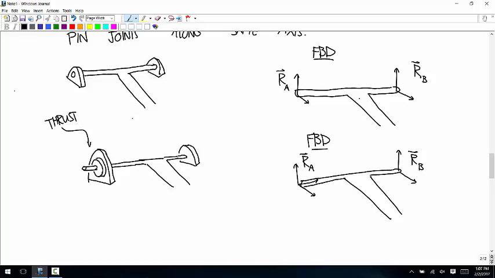Okay, so this is the one I showed you before. There's no thrust there. That's free to slide, so there's no thrust at either one of these pins. At both pins, it allows this axis to slide like that. One that has thrust on one side is a little hard to see. But on this side,